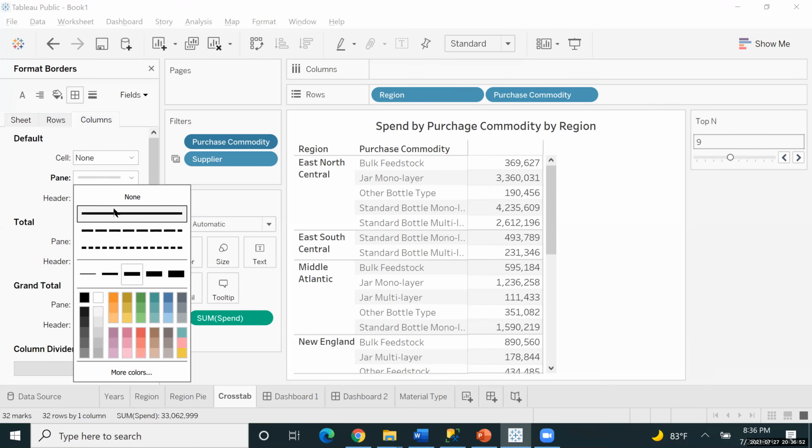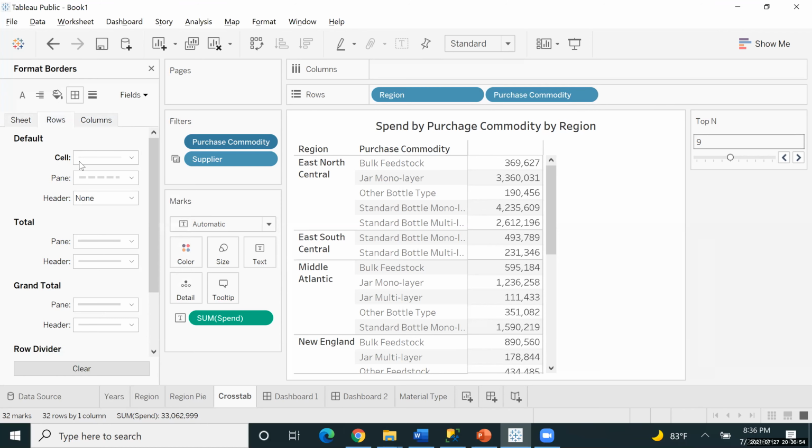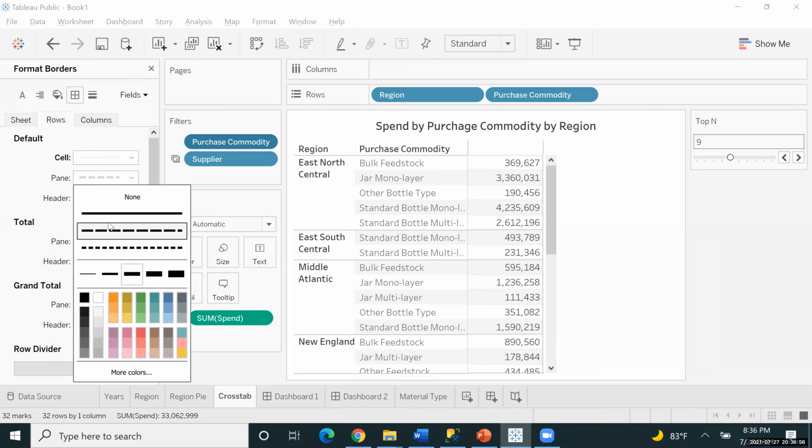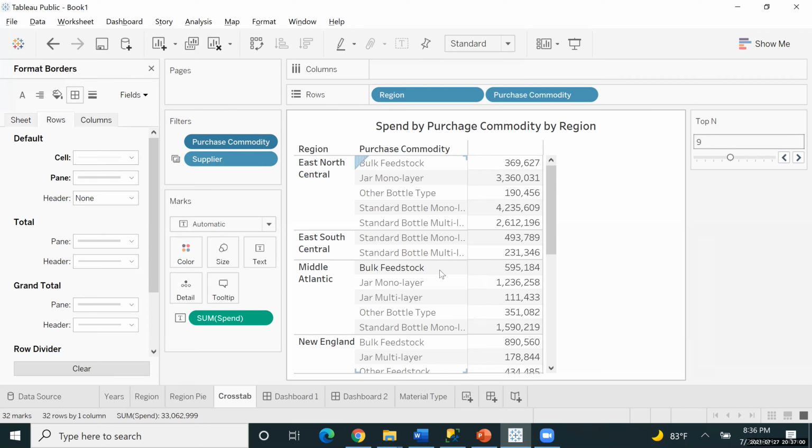Yeah, solid. I don't know why. Maybe I can try later. You're not able to see because of the color. Change the color, make it black. Click the pane and change the color.